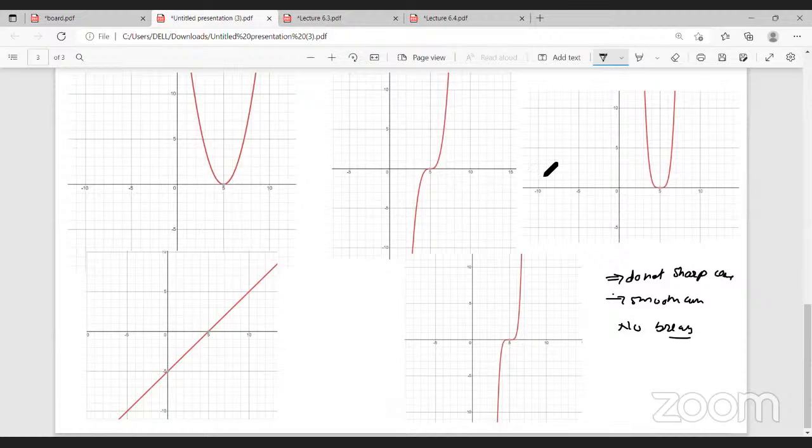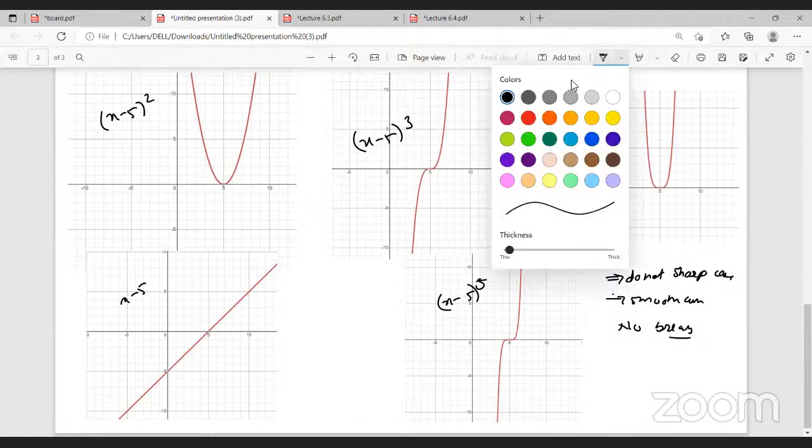Okay, so here you can see 5 curves. This is a curve of (x minus 5) whole square. This is (x minus 5) cube. This is (x minus 5) to the power 4. This is (x minus 5) only, and this is (x minus 5) to the power 5. So what can you observe from these 5 figures? As the power increases, as x tends to